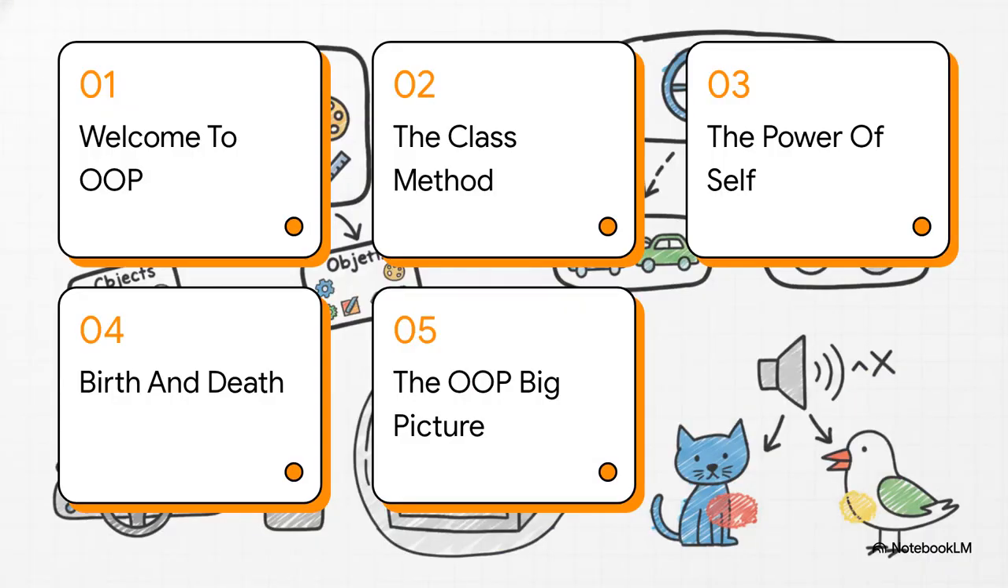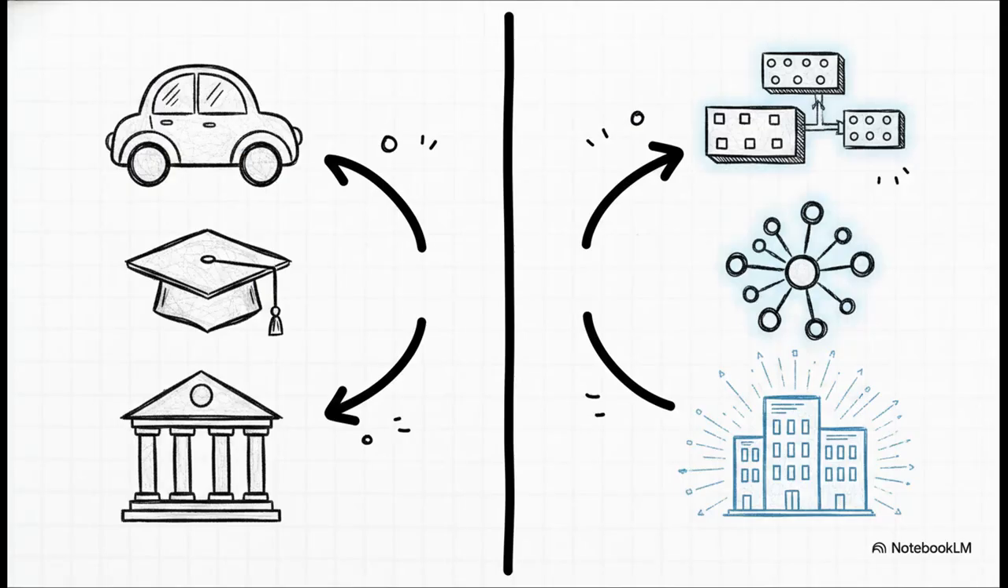Here is our roadmap. We'll kick things off with Welcome to OOP, followed by the class method and the power of self. Then we'll look at birth and death, and finally wrap the whole shebang up with the OOP big picture. Welcome to OOP. So, if you've ever written a script that just kept growing until it turned into a